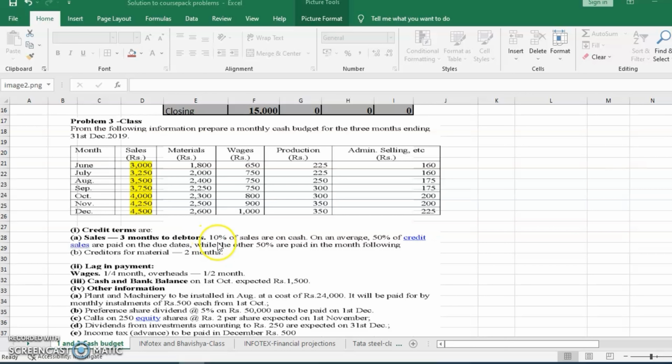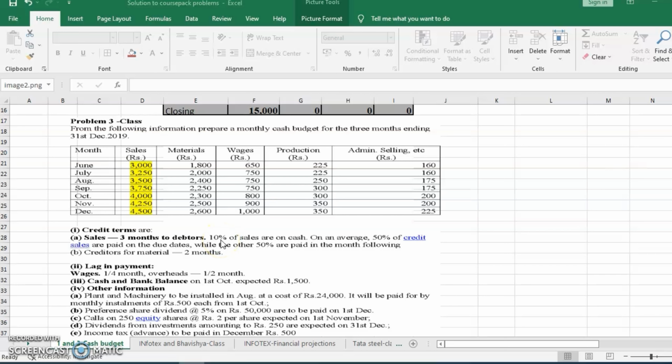However, they say that 10% of the sales are on cash, which means only 90% is on credit. So 10% of sales are on cash, which means 10% of June month sale. For example, 10% of 3,000 is 300 rupees. 300 would be received by you in the same month. However, 90% of that month's sales shall be received by you